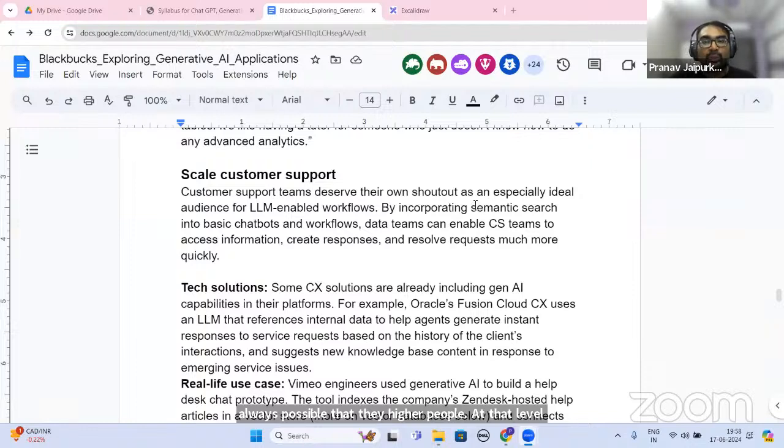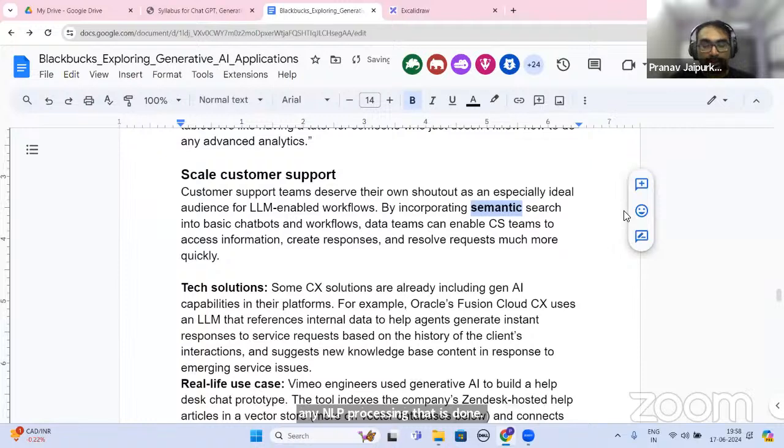By incorporating semantic search, so whenever NLP processing is done, there are three aspects to it: semantic processing, lexical processing, and syntactic processing. Lexical processing is just the presence or absence of a word.